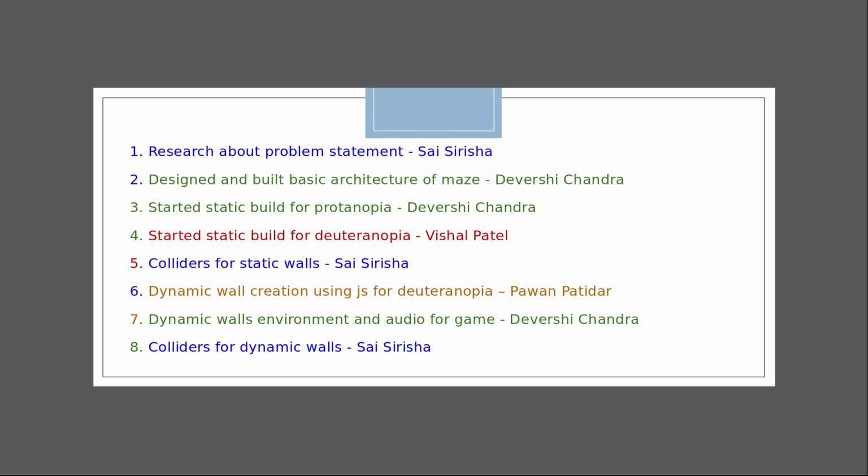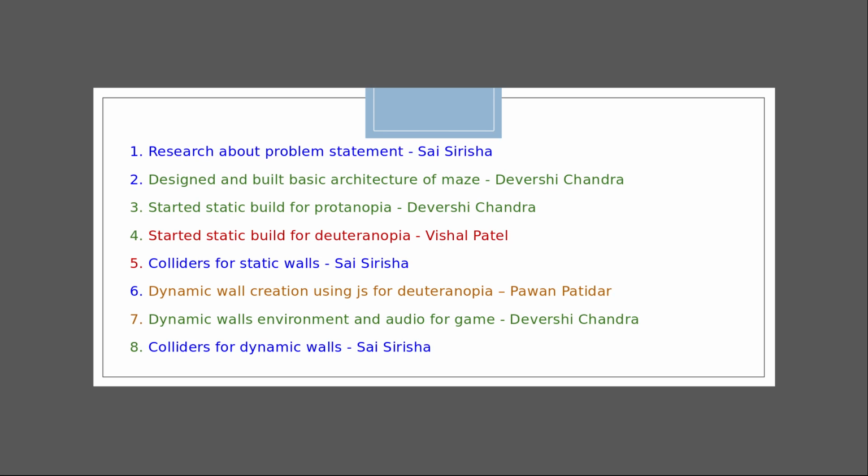So we had to dispose of everything we were doing for the static ones, and for the dynamic ones we used A-Frame version 1.0.3. We had to come up with our own dynamic wall collision method, so we disposed of everything that was pre-built before, and we just changed the JavaScript code, and the wall collisions happened like that.